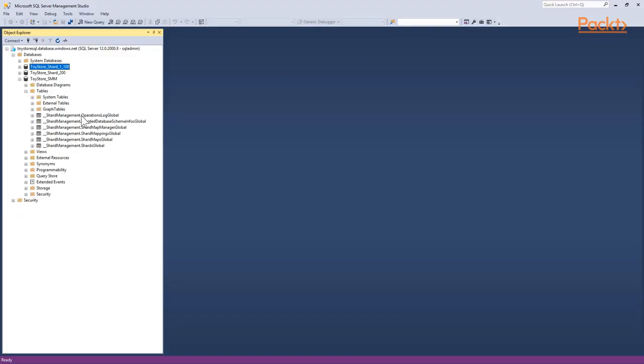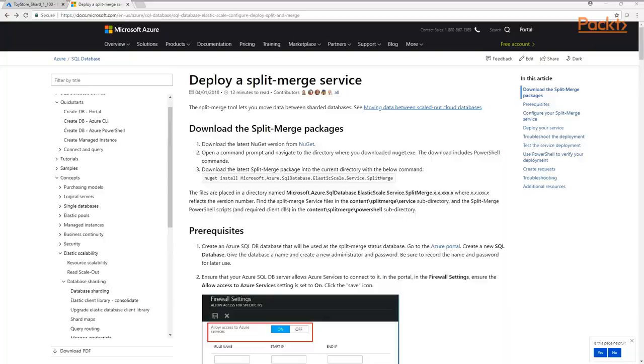We can see there's a few tables that sit under the shared management schema. We are going to use a split merge service to split the data between our 2 shards. Now the first step here, we're going to follow the instructions on the Microsoft website for deploying a split merge